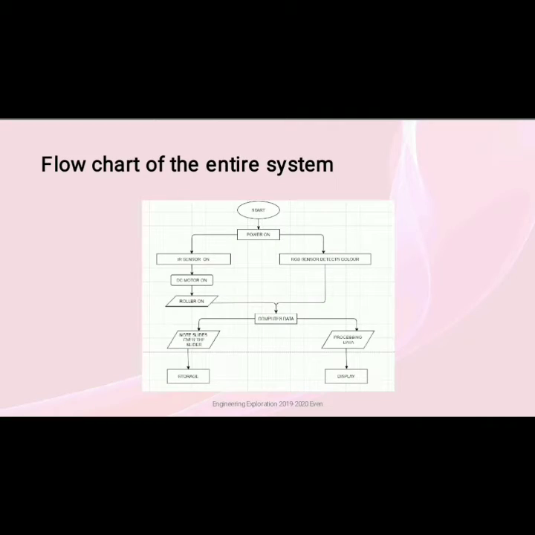As you can see in the flowchart, the machine starts as the power supply is enabled and simultaneously the IR sensor and color sensor also get activated. The IR sensor takes the input as it senses the incoming note and allows the DC motor to start rotating. Due to the DC motor, the roller starts rolling, taking the note into it. At the same time, the color sensor also detects the color of the note and sends the data, that is frequency, to the Arduino. There the data is computed and the processed data is displayed on the display screen, and the note slides down the slider and gets stored in the storing unit.